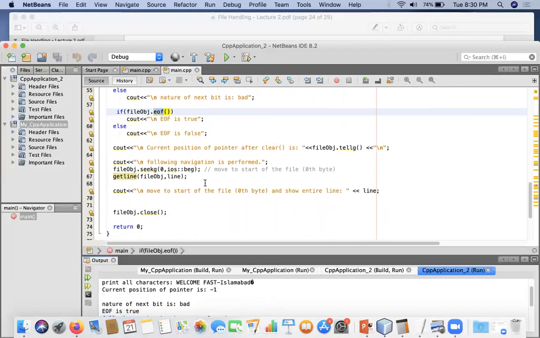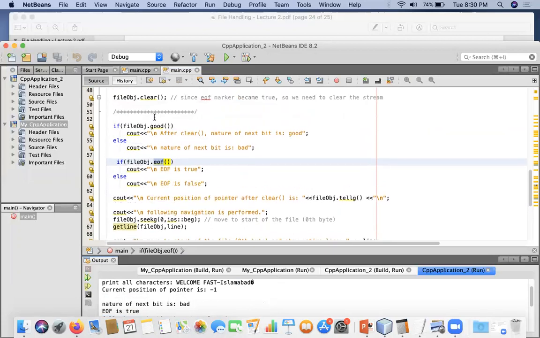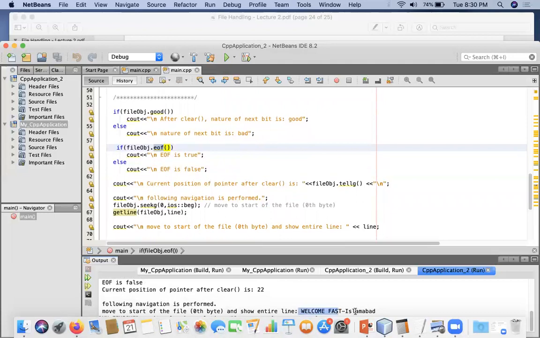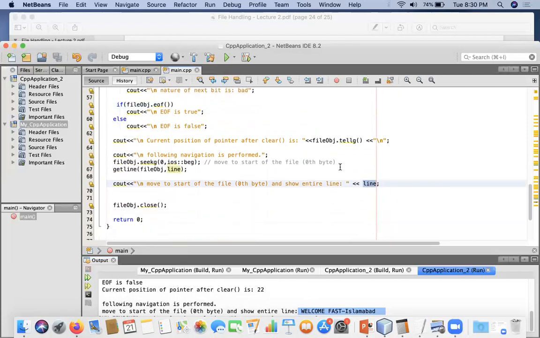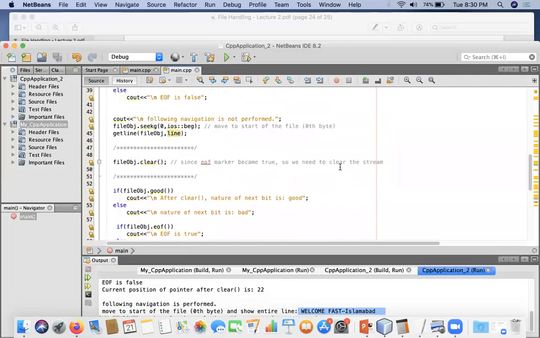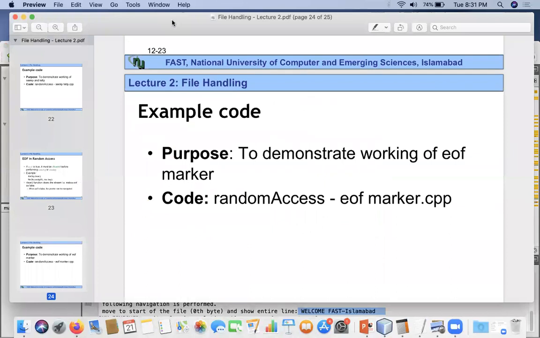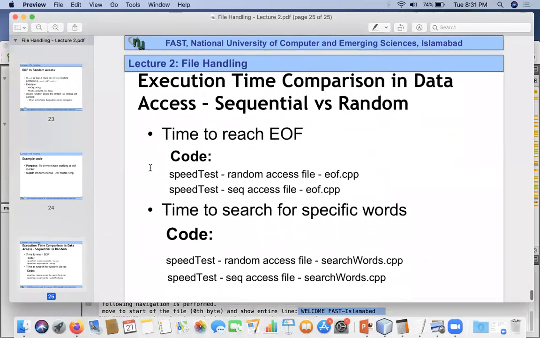And now you can see that after clear, I can perform this operation. As a result, I can see this line over here, which is being printed using the line operator. So in this way, I have tried to demonstrate the end of file marker in detail and explain different error bits as well. Now I go towards the last bit of my today's talk,